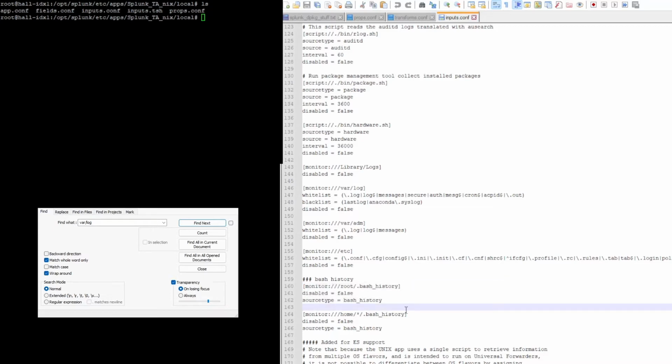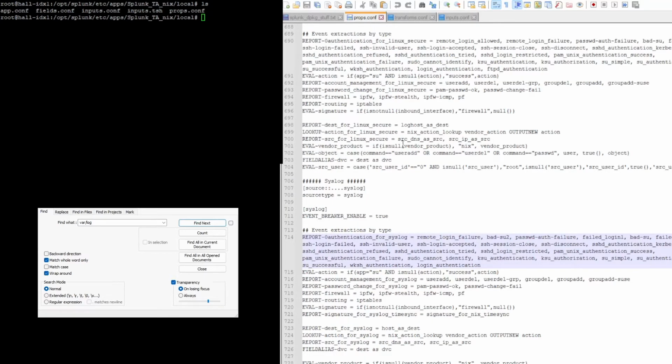So since I am using the add-on, I'm getting all of these. I'm not specifying my source type in my inputs.conf file. So that's why you have to use a props to look at, hey, it's this source, rename the source type to syslog, and then look in syslog. The only drawback to this way is any new data this will work for, but any data that you've already indexed,